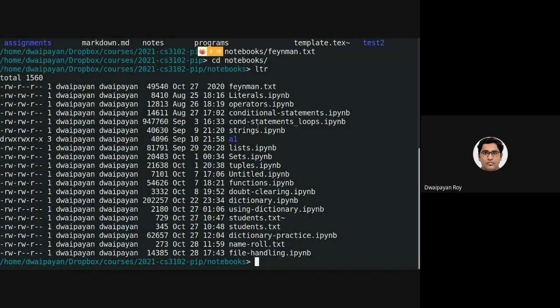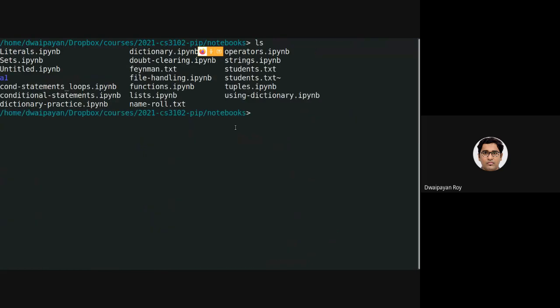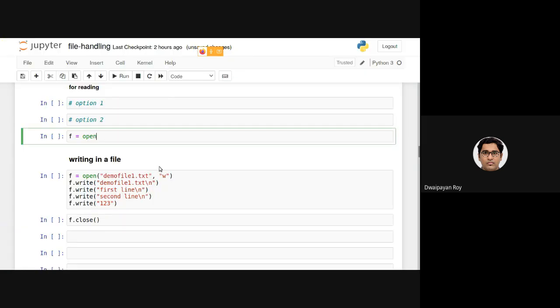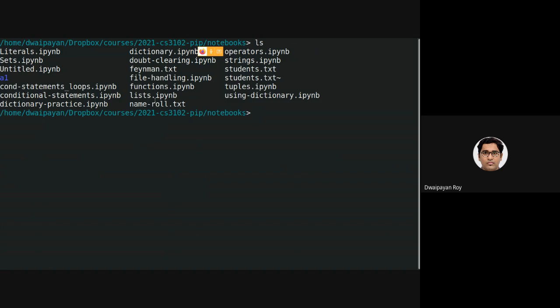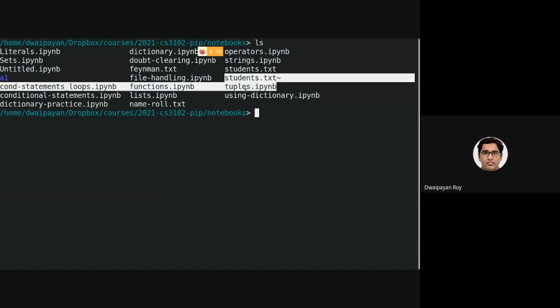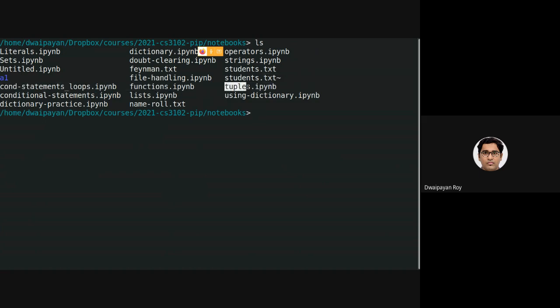As you can see, these are the files, and there is no file named test.txt. They are alphabetically sorted, so after students.txt there is a file called tuples.ipynb, the notebook file that I used while discussing tuples.